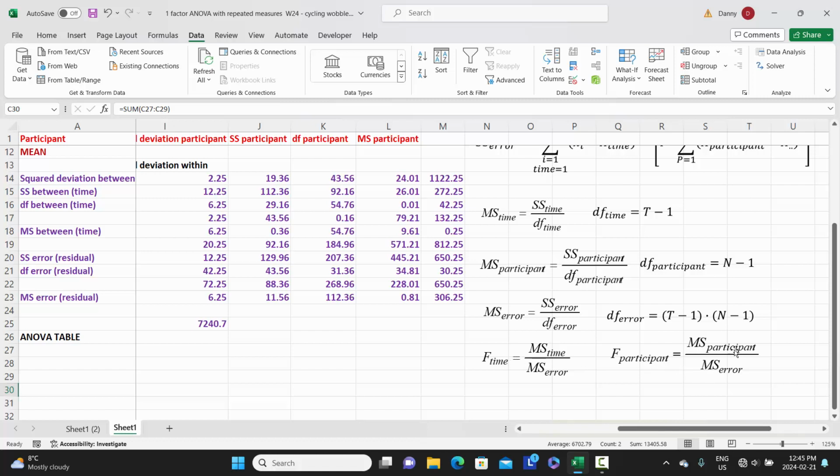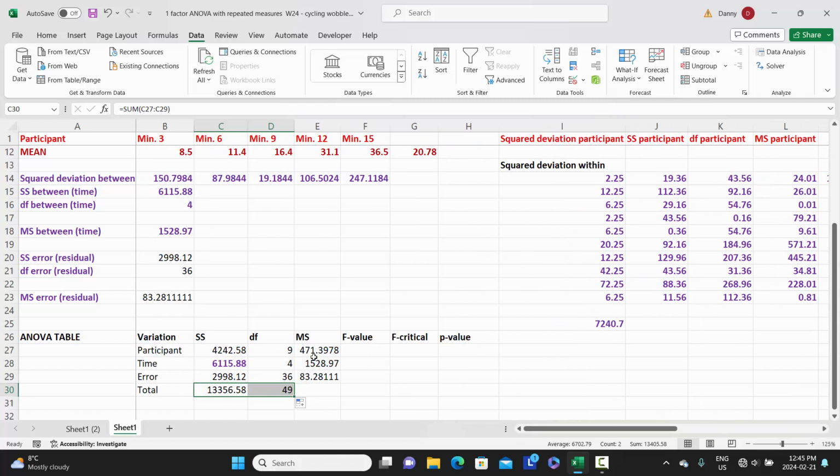What this F value does here is this will evaluate if there is a significant difference among the participants. Now this is not central to our research question with the one-way repeated measures ANOVA, but if we wanted to conduct a different analysis called an intra-class correlation analysis for reliability, we would need this term right here. But we're going to calculate this term as well, but we'll focus on the F value as a function of